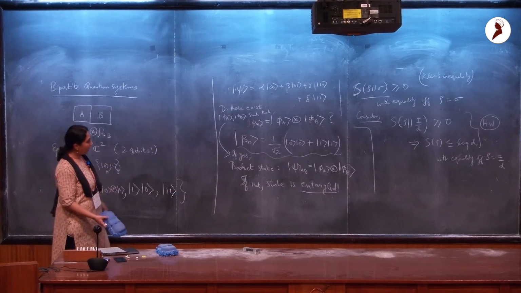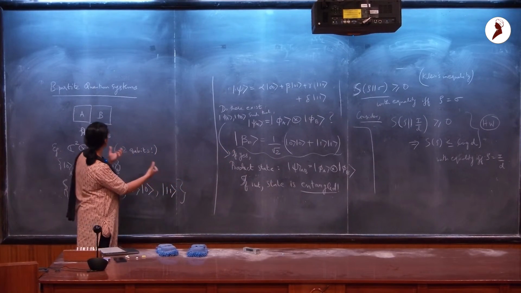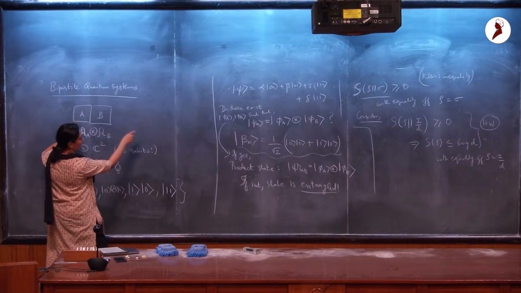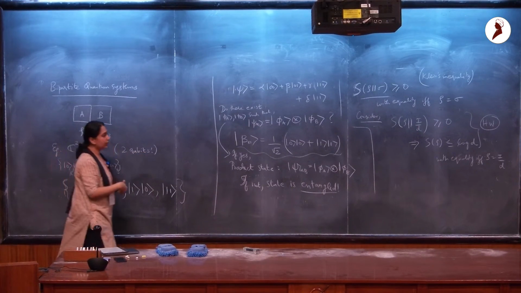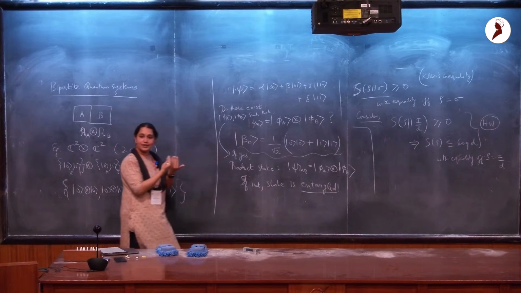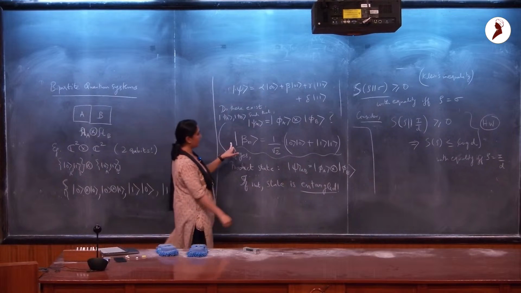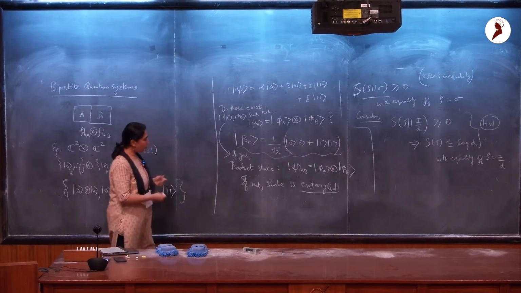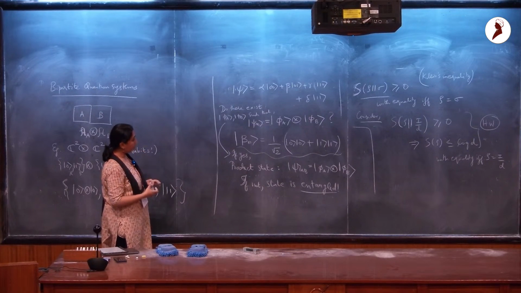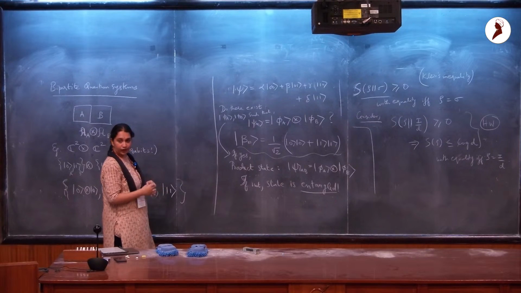So I do not have independent local forms for each subsystem for this state. Obviously it tells me that somehow there is some correlation between these two systems when they are in states like this, right? But before getting into that, I want to talk about how I sort of identify